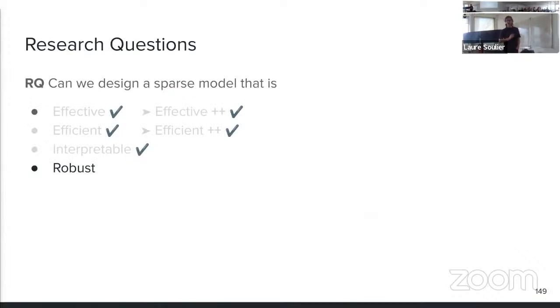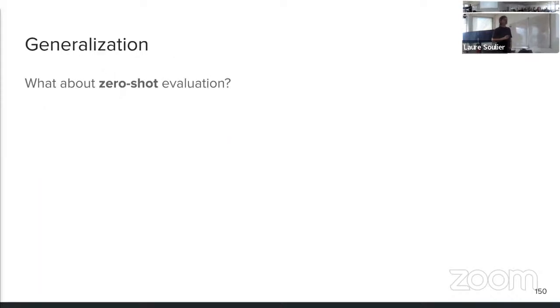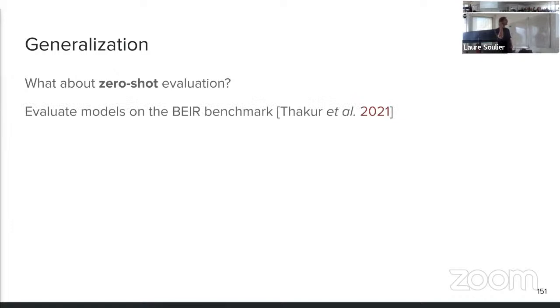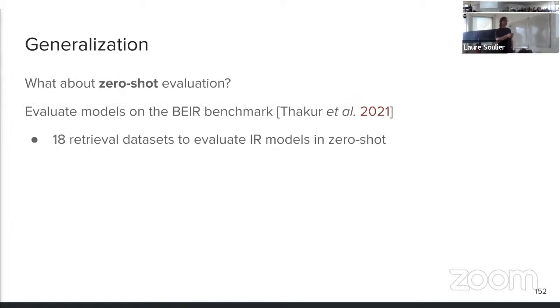So we have shown that the model is effective on in-domain data, so when we evaluate on MS MARCO, on which the model has been trained. And so now we are going to focus on robustness and generalization aspects. Specifically, we are going to evaluate SPLADE in a zero-shot setting. And luckily, we have the BEIR benchmark to do that. This benchmark consists of 18 retrieval datasets to evaluate IR models in zero-shot.